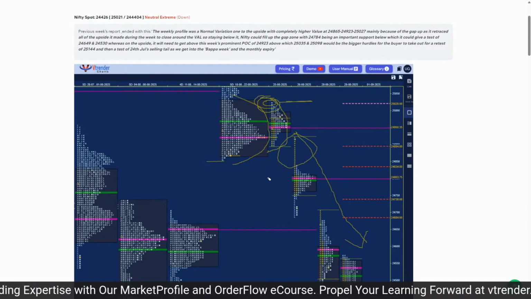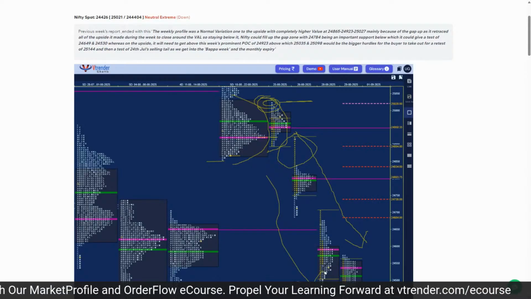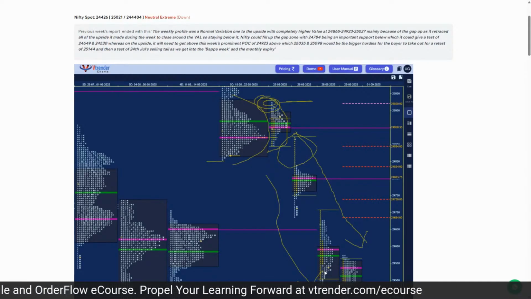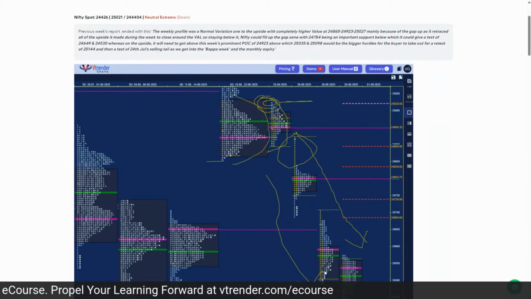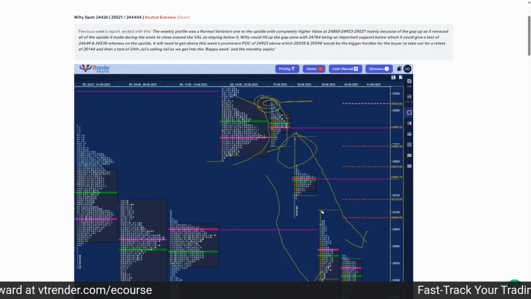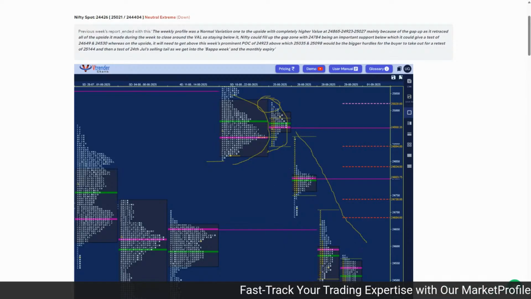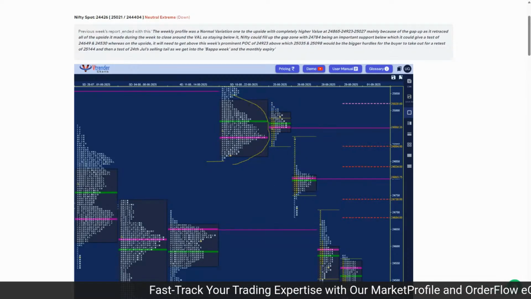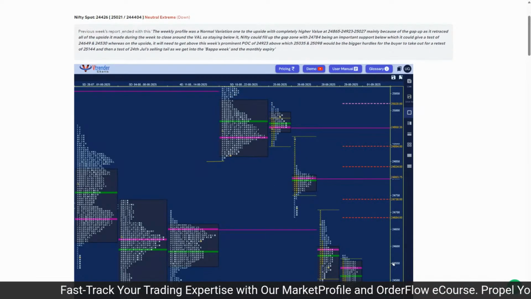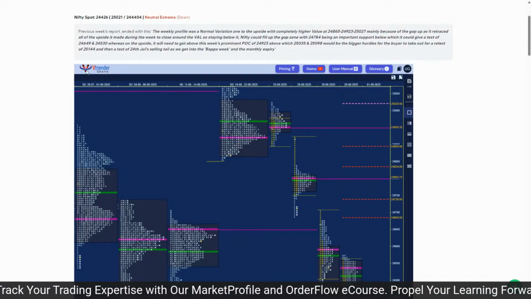And we went on to promptly hit the 180R target of 24536, which is also an extension handle on the daily time frame. So Bank Nifty, after it confirmed an FA on the weekly, made new lows on all 4 days. We had a day off last week because of